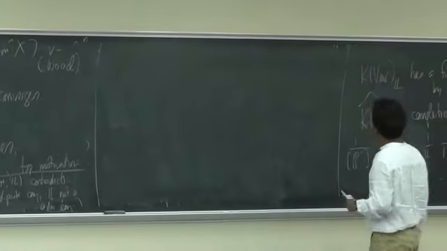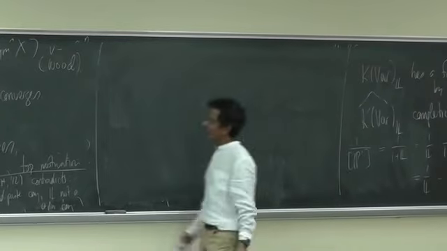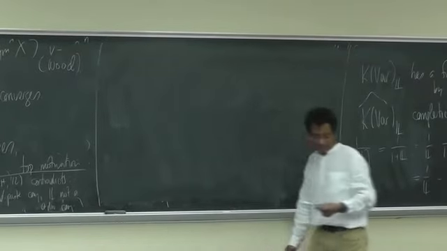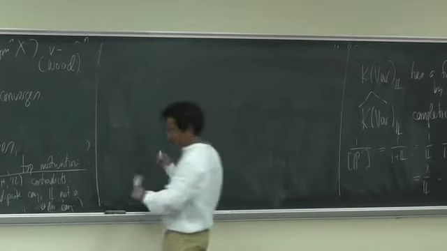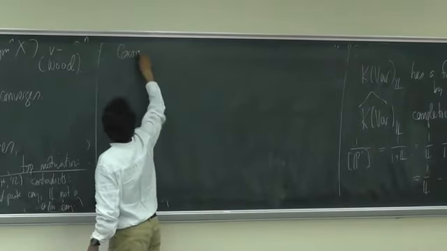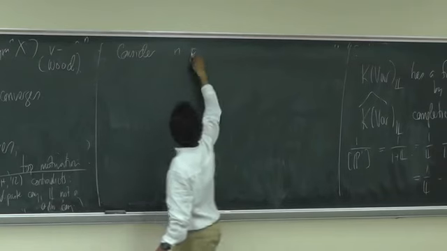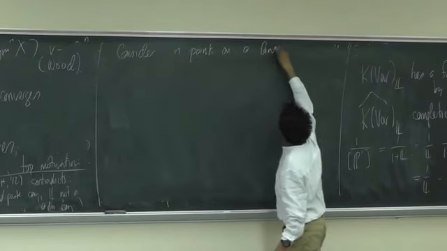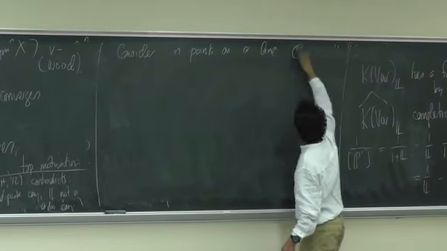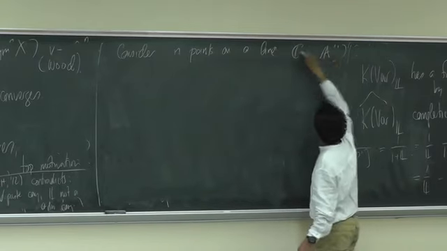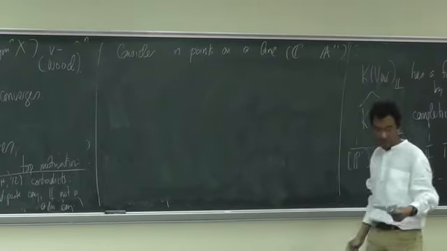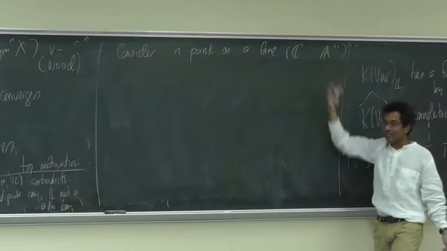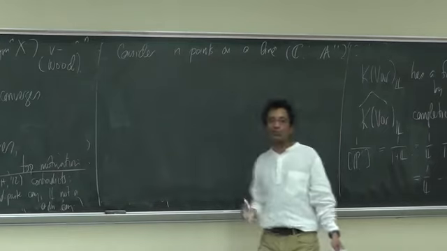Okay. So now I told you a lot of things we didn't know. And so now I want to take you to something which I thought I knew, which are points on a line. So what I'd like to do is consider n points on a line, which I'm going to call C, and I'll call A1, depending on what field I want to be on. And so if I have n unordered complex numbers, that's parameterized by n ordered complex numbers.